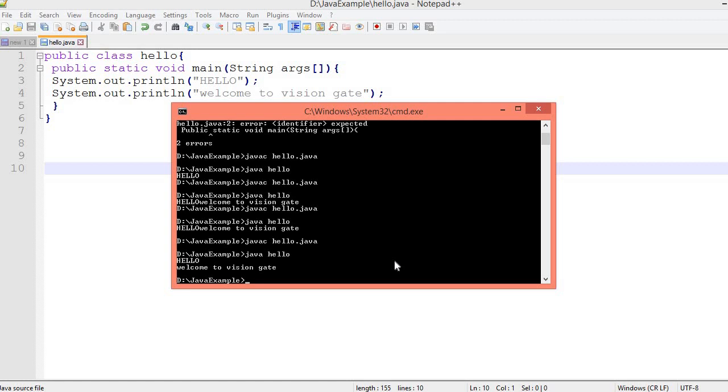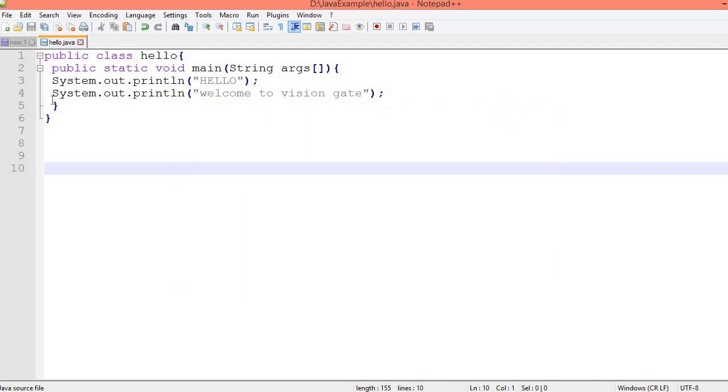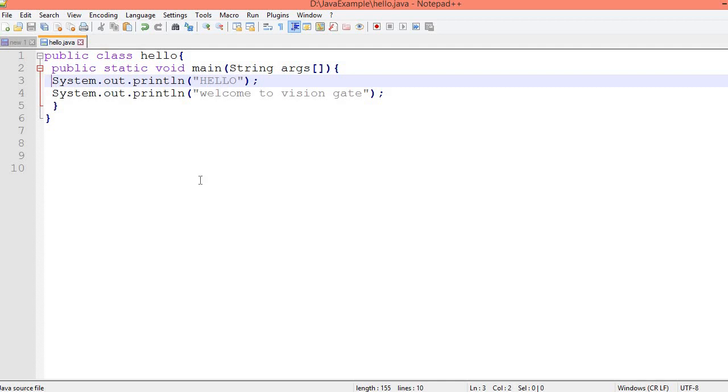Hello, welcome to Vision Gate. Previously I was using only print in this sentence, and I was not getting the output on the next line, but now I am using println in this sentence. What is the meaning of println? It means if you want any statement on the next line, for that case we use println.